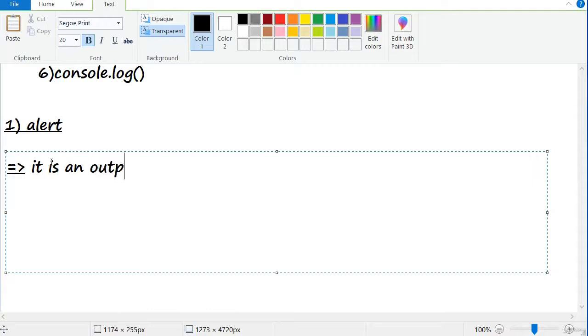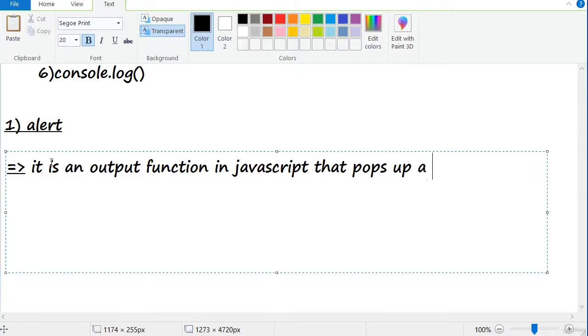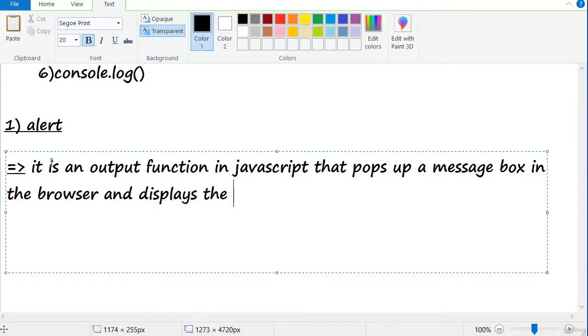It is an output function in JavaScript that pops up a message box in the browser and displays the specified message.